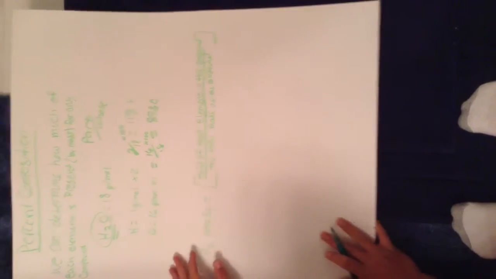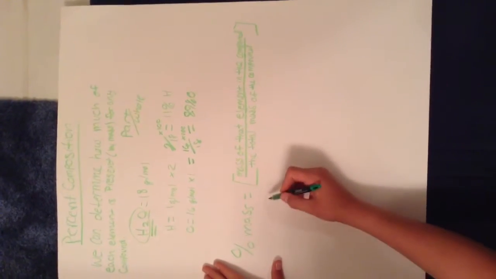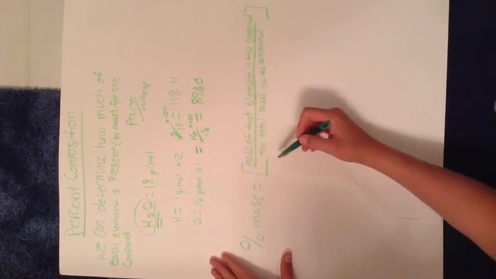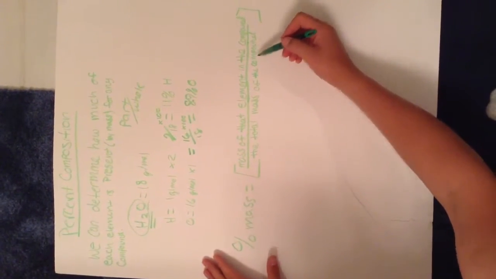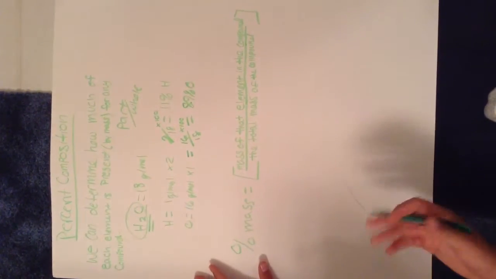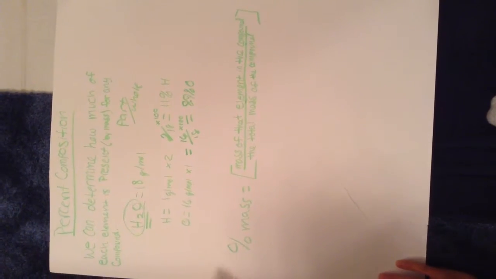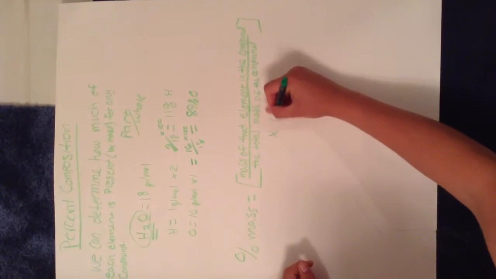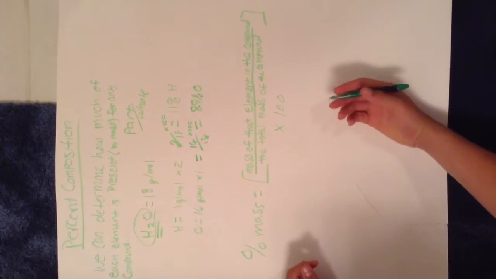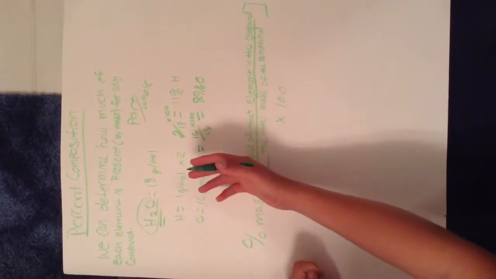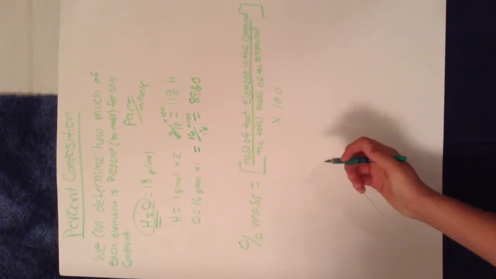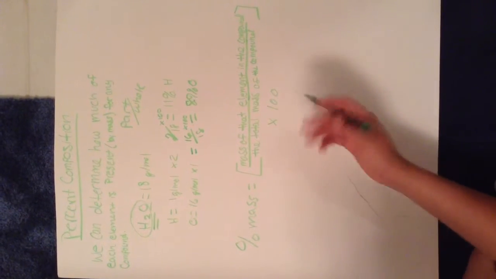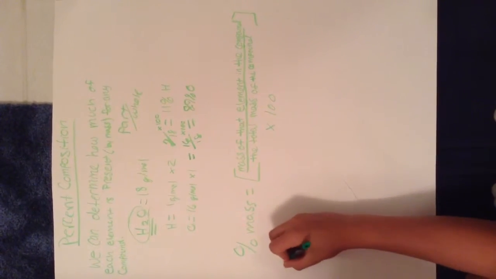So basically what it is: percent mass equals mass of that element in the compound, which would be like hydrogen, over the total mass of the compound, which is how much it all equals in grams per mole. So basically the fraction is multiplied by 100 and it is converted into a percentage, which is percent composition. And remember that the idea of the percentage in general simply represents a fraction or a part of a whole. So for example,